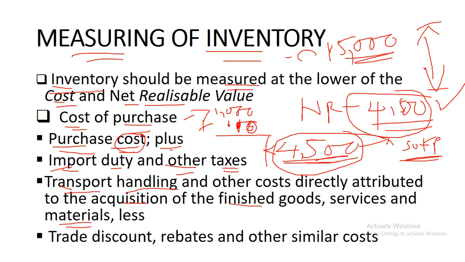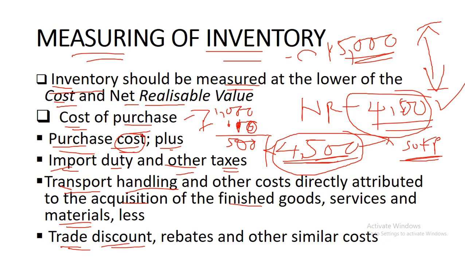So any other costs related to handling and transportation and every other cost that's related to making sure that the goods are in the sellable state, you add that. So if all those costs, say they are maybe 500 for argument's sake,